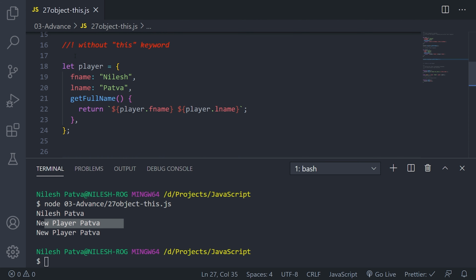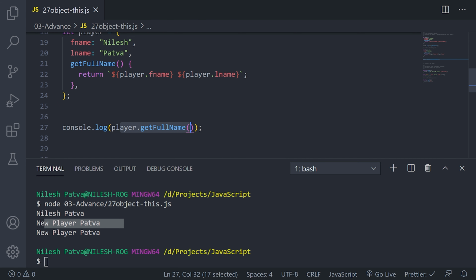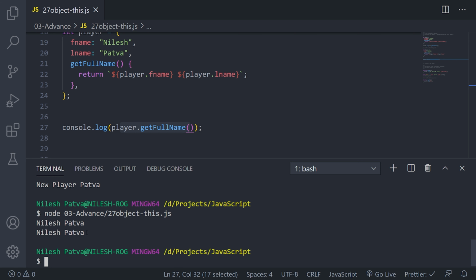So you can complete this kind of functionality without using this keyword as well. But there is a problem. We will come back to it later. But let's say I have implemented a get full name method inside my player object, which is using the player reference directly and using first name here. So it will print the full name here. Let me just show you. If you can see, the second line has been printed from this player method, player object.